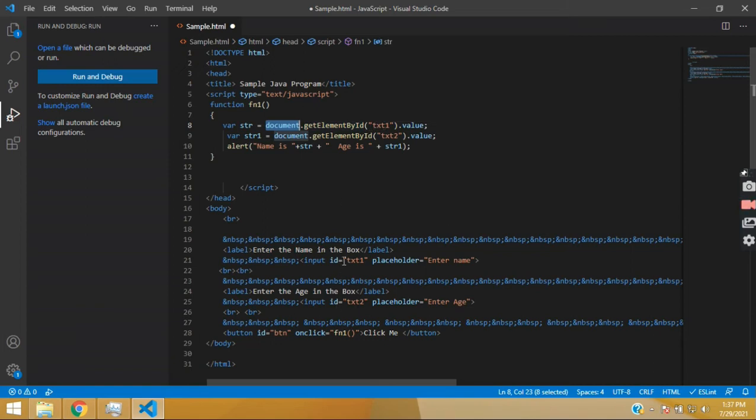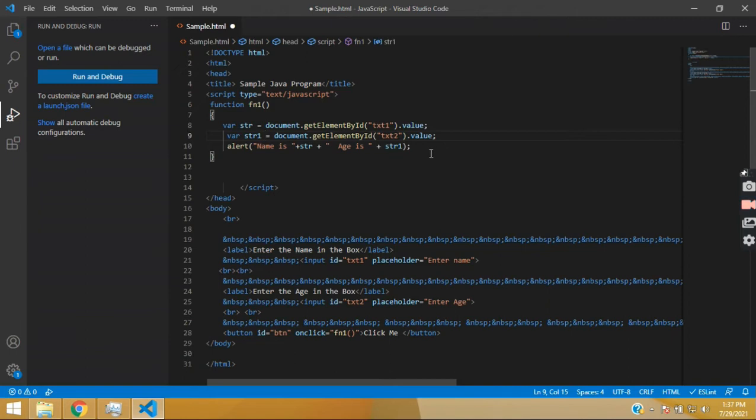The id of the first text box is txt1 dot value. We are storing whatever value the user enters in the first box in str. The value of the second text box, whose id is txt2, we are going to store in str1.